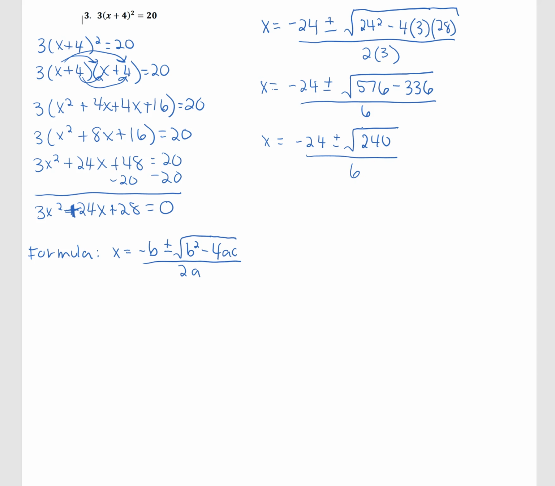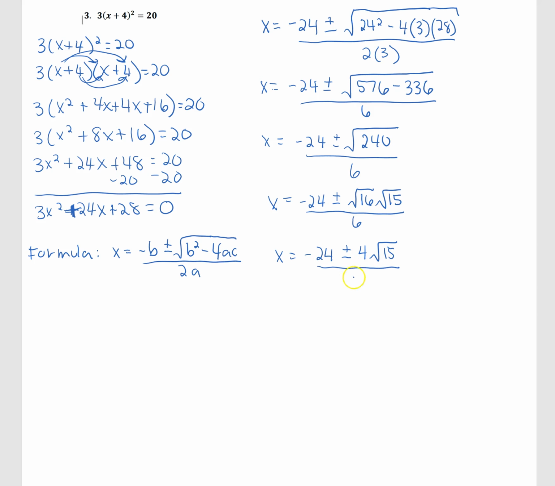And now what we want to do is try to simplify this square root here. If we look at 240, we can split that up. We can say that the square root of 240 is equal to the square root of 16 times the square root of 15, because 15 times 16 is 240. And this is nice because the square root of 16 ends up being a whole number. Square root of 16 is 4, so we have 4 times root 15,